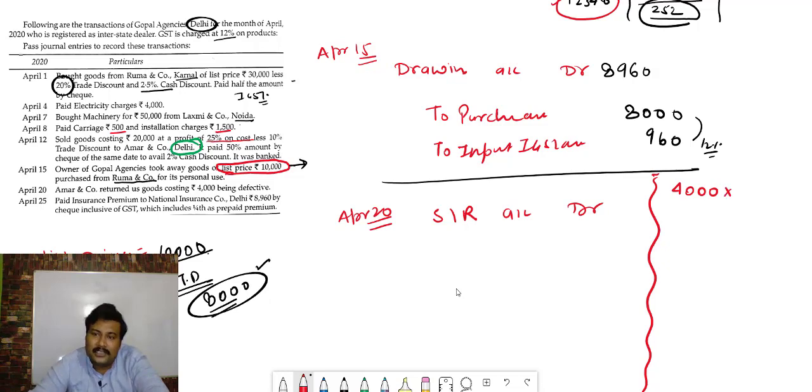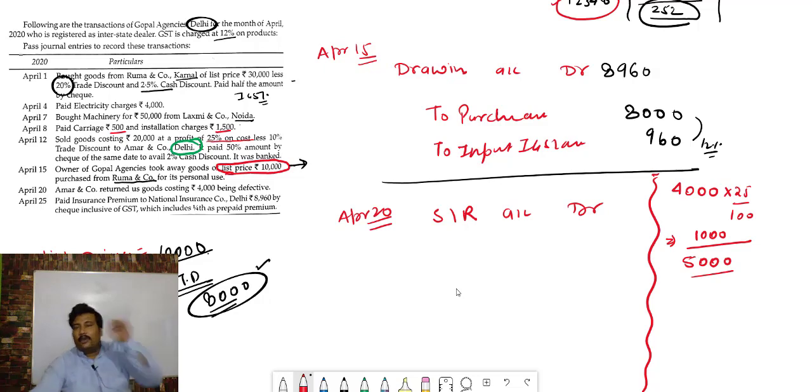So first of all, bacha, add 25% profit, that what was the price of the goods? 4,000 into 25%, it will be 1,000. So goods price becomes how much, bacha? 5,000. 4,000 was the cost. 25% profit you add. So 4,000 25%, it will be how much, bacha? 1,000. So the total list price of the goods was 5,000. That is the cost price which is given.